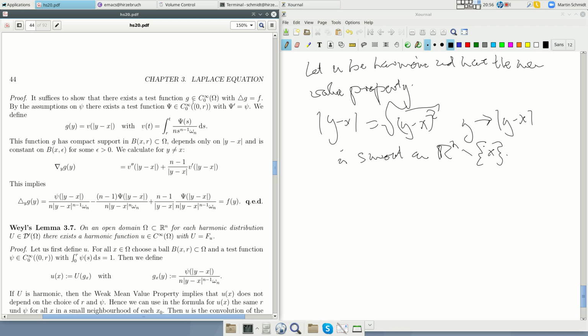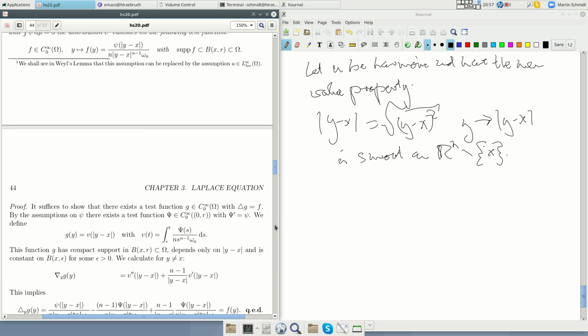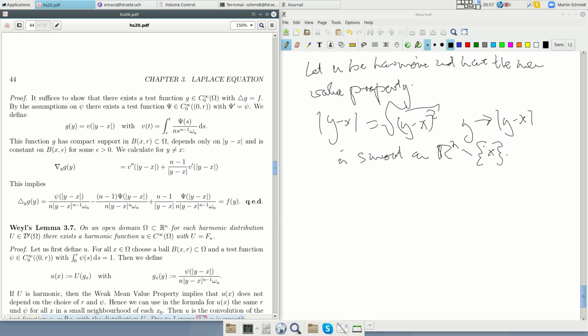So we need to show that there exists such a function with this property. Now, first observation. Since this has compact support and since this integral is 0, we claim there exists a function with compact support inside this interval,